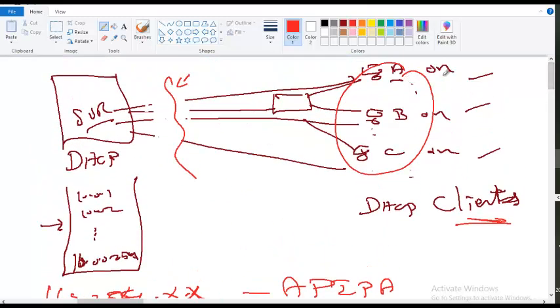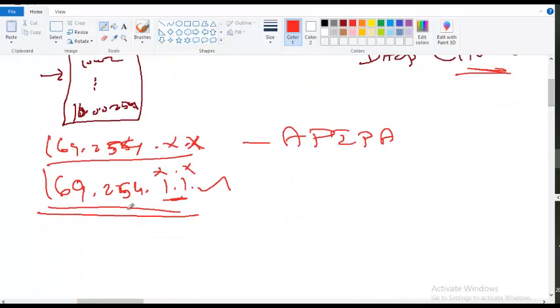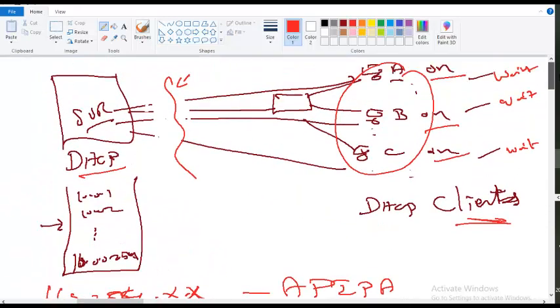When these clients come online, when you turn on the laptops, they look for the DHCP server to provide an IP address. They wait, and they wait. There is a waiting time. When the waiting time expires, when the server doesn't respond on time,